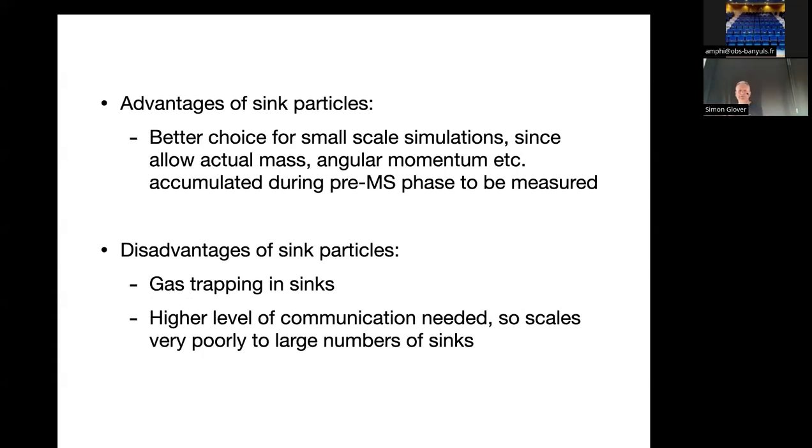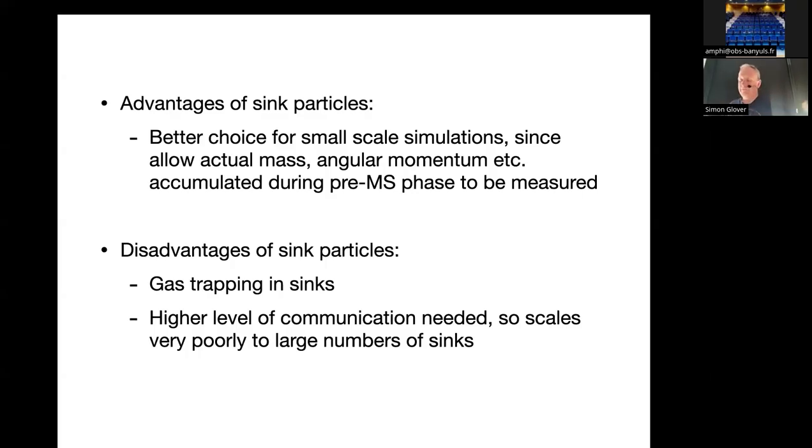Now, sink particles, these are generally the best choice for very small scale simulations, so of individual clouds or clusters, because they really do allow you to follow the actual mass growth and evolution of other quantities like the angular momentum that real stars are going to accumulate during their pre-main sequence phase. However, on larger scales,